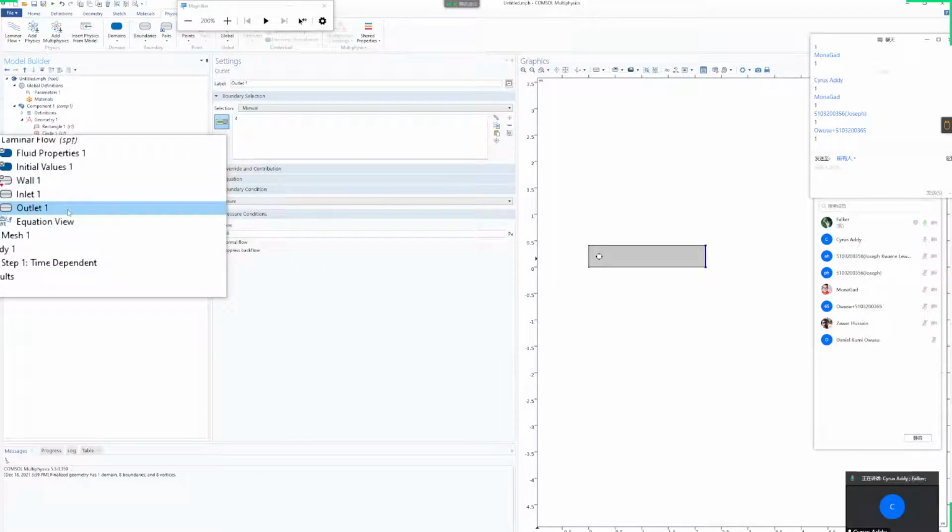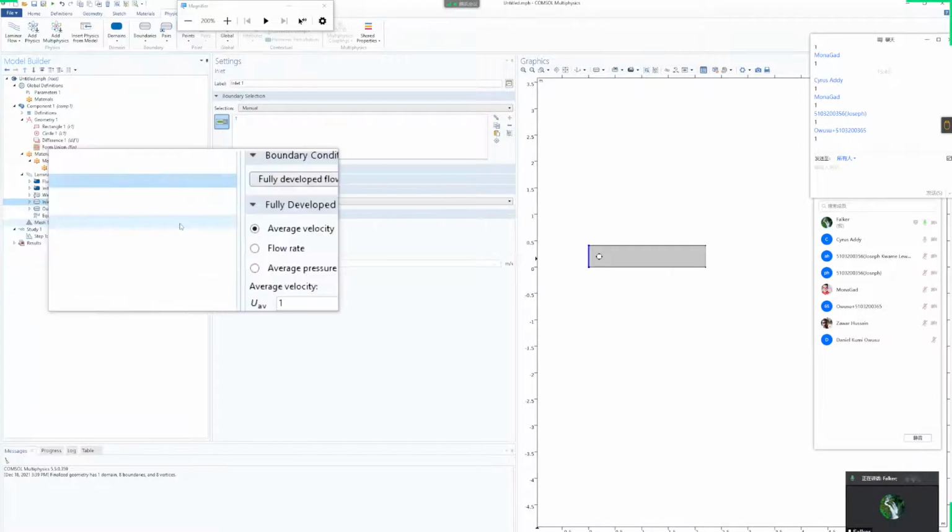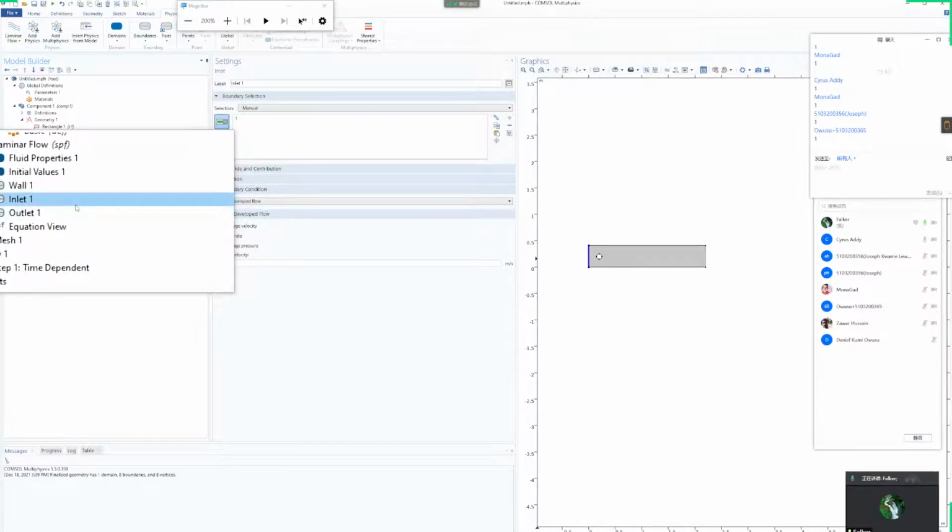Because we just need to define what goes in our fluid field, and what we are studying is inside the fluid field, and the outlet means that the fluid is flowing out of our study, is like you have something like